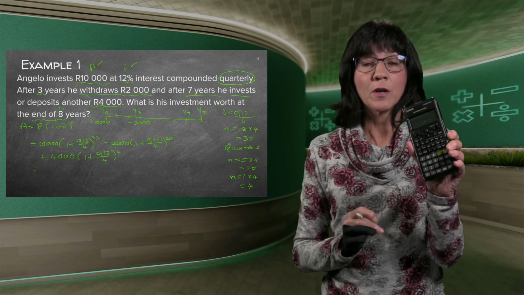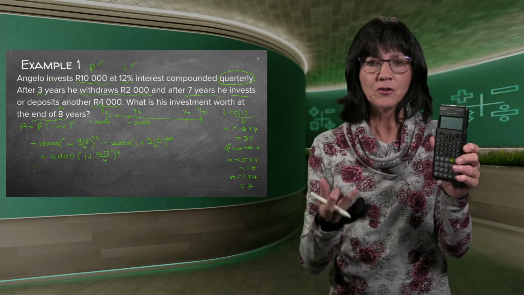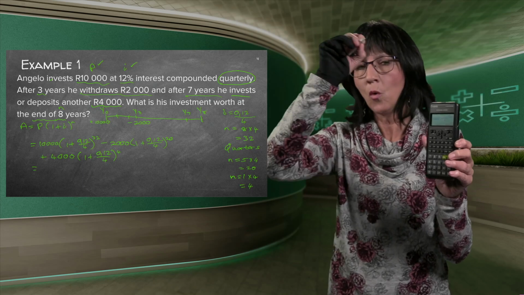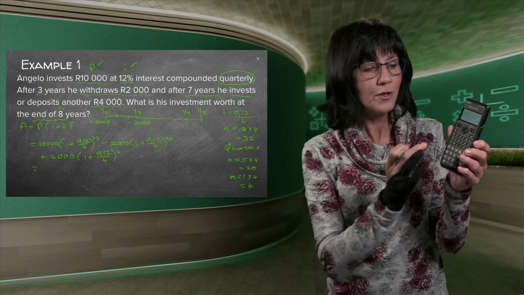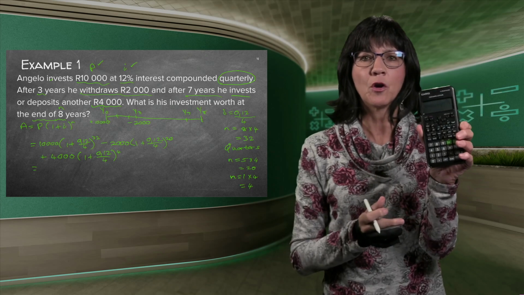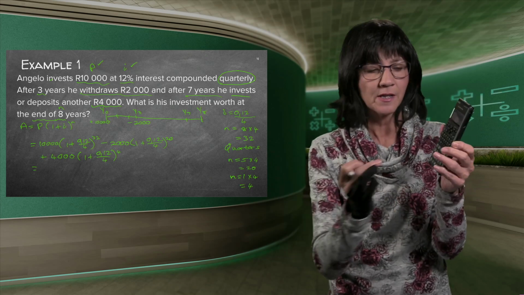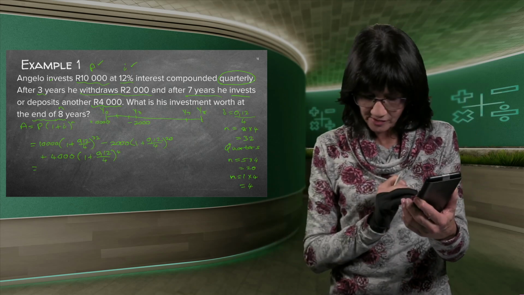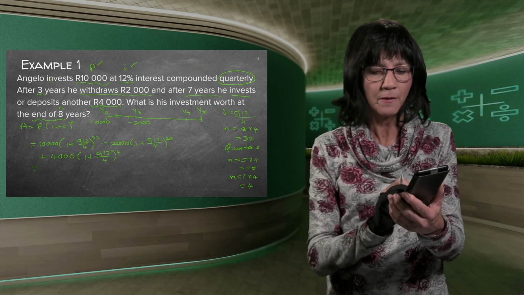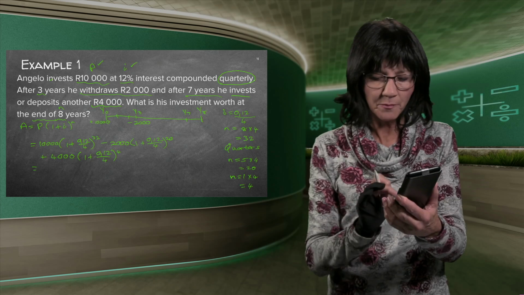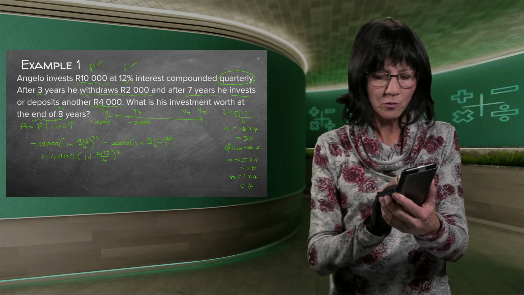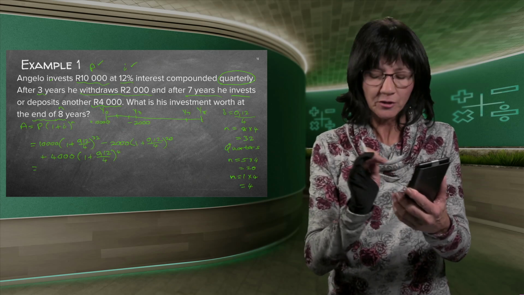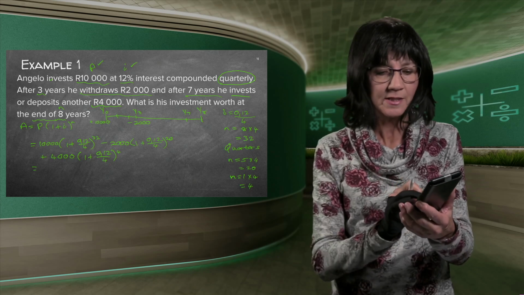Now, and this is why I want to physically do it with you. If you now just say minus 2,000, it's going to do everything there at the exponent, all in the air. This is not what you want. So with your cursor, you always have to go back from the exponent to normal figures. So you press the right-hand side of your cursor. Now you're flat on the line again, and you can say, okay, I'm minusing 2,000 now, with all its interest, which is in the bracket, 1 plus fraction, 0.12 over 4. Go to the right-hand side, close your bracket, to the power of 20.